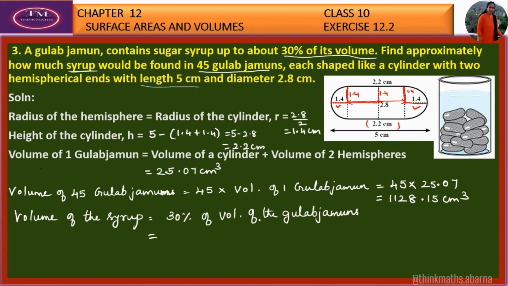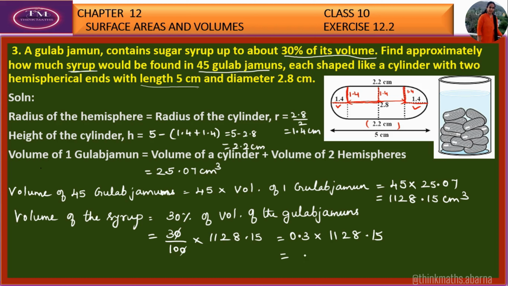So they are asking for the volume of the syrup. It is nothing but 30% of the volume of gulab jamun. So 30% is 30 by 100 into gulab jamun volume is 1128.15. So a 0 gets cancelled. So 3 divided by 10 is 0.3. So 0.3 into